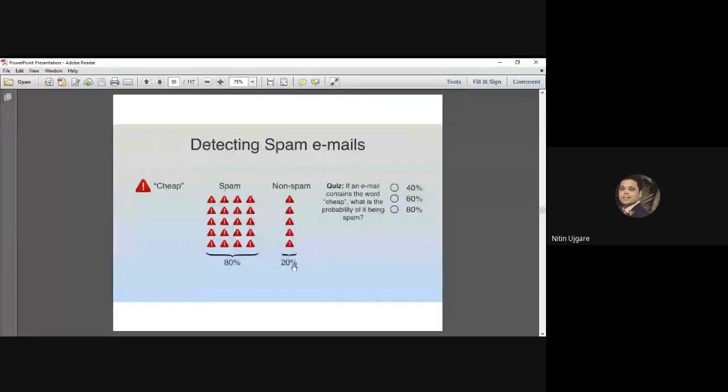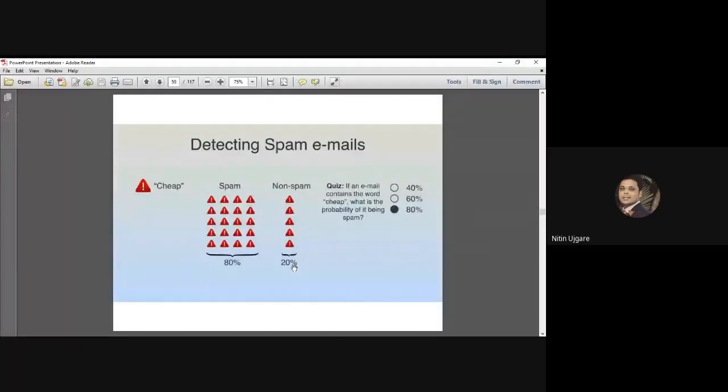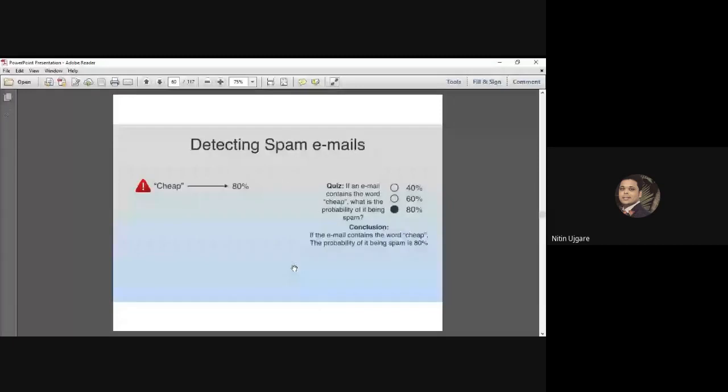So if a new email contains the word cheap, then its probability of being spam is 80% because the spam class has the highest probability. So 80% is right. Well done, friends.